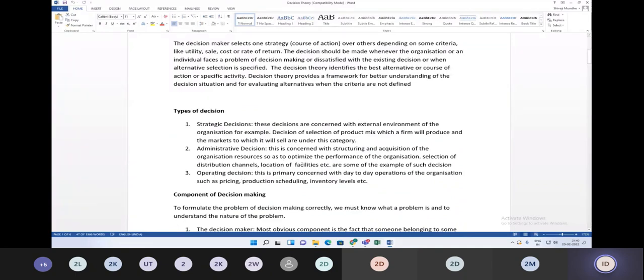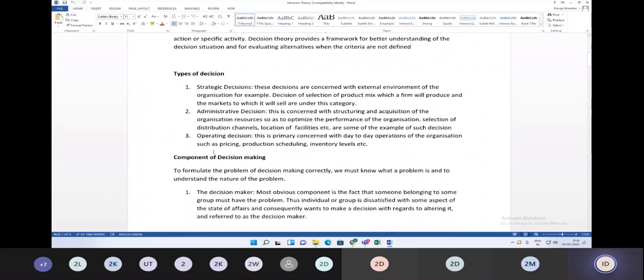In case of strategic decisions, this decision is relevant to the external environment factors which affect a decision in an organization. Administrative decisions are the decisions which in an organization sometimes we have to take at strategy level. And for operative decisions, the manager in regular, day to day working takes many decisions, that is called operating decisions.